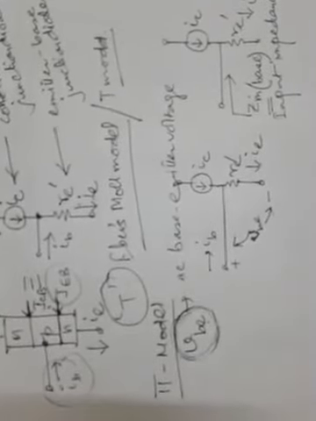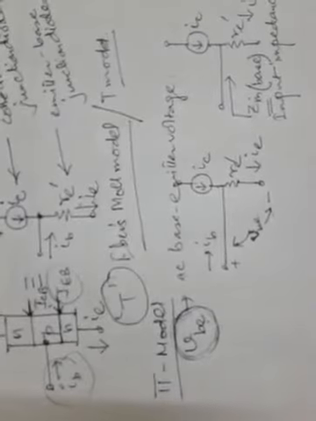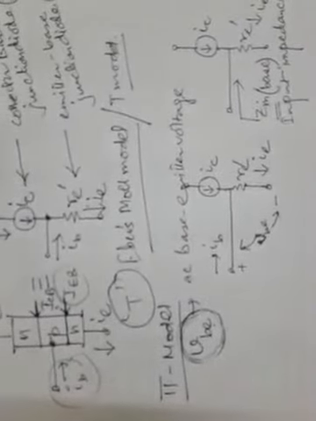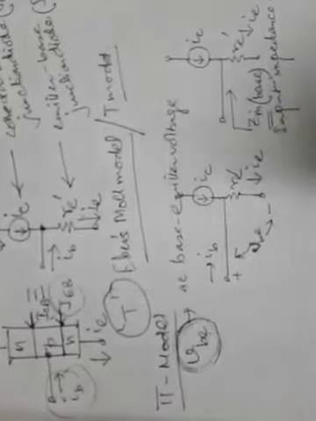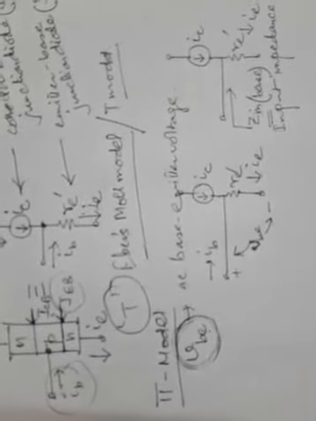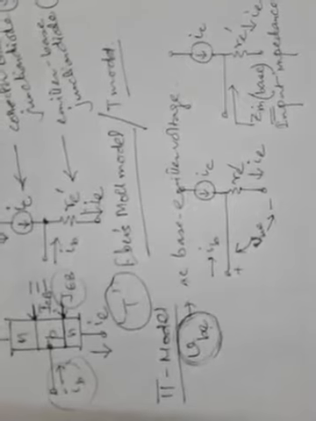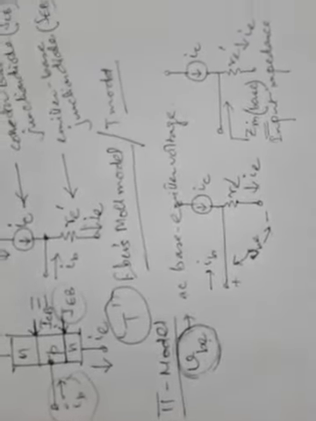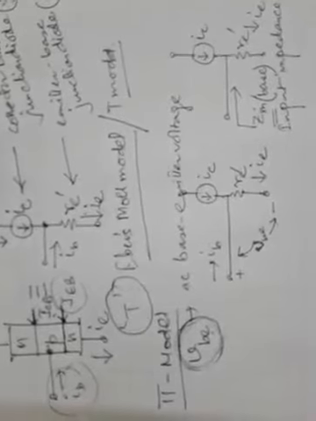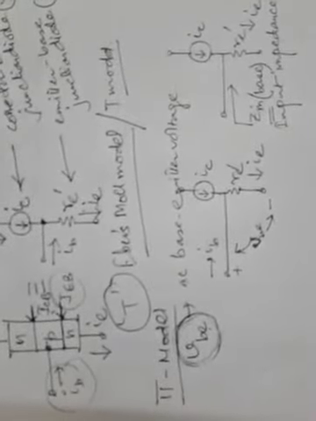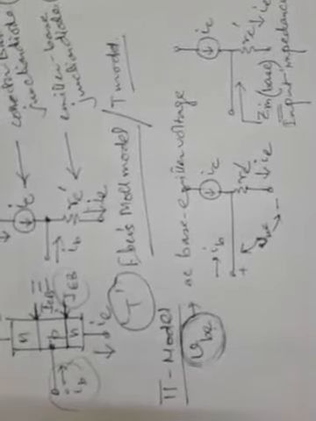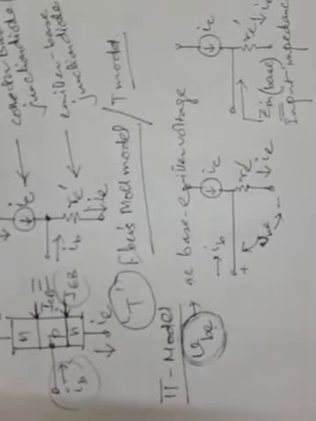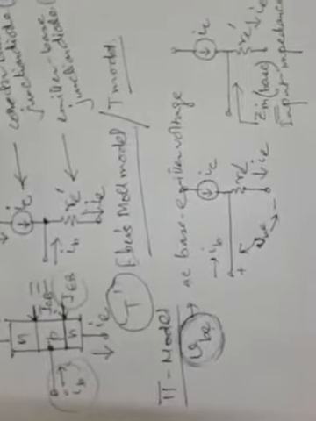So looking into the base of the transistor, you can see the AC voltage source which sees the input impedance Z in base, and at low frequencies this impedance is purely resistive. Now you know that at low frequency, all of the quantities will be behaving like a DC. So at low frequencies this impedance will become purely resistive, because in a resistance there will not be any AC part, and it will not be having any frequency dependent part.